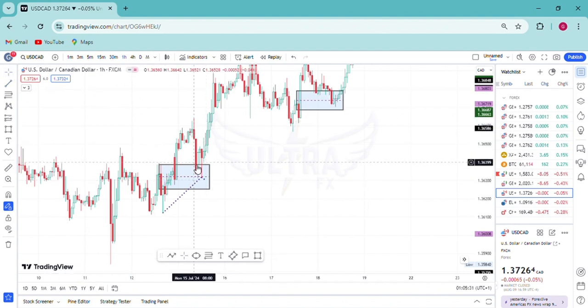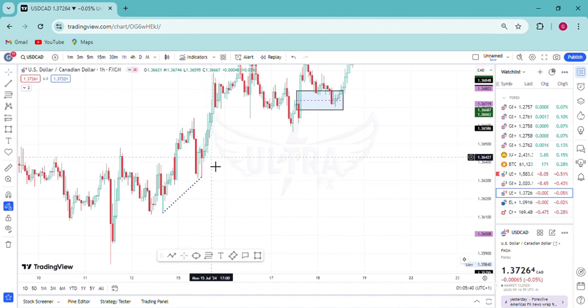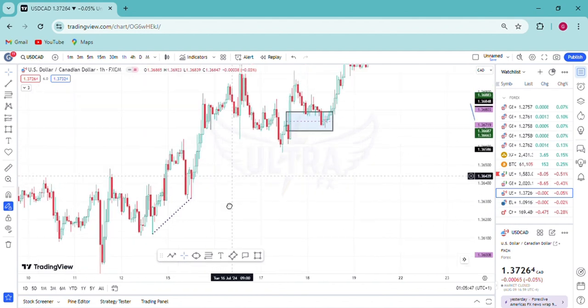Okay, so this is a low right here. So let's take this one out. Now after this low right here, we have what? A higher low right here. This low, then we have a higher low right here, and we can see that there was